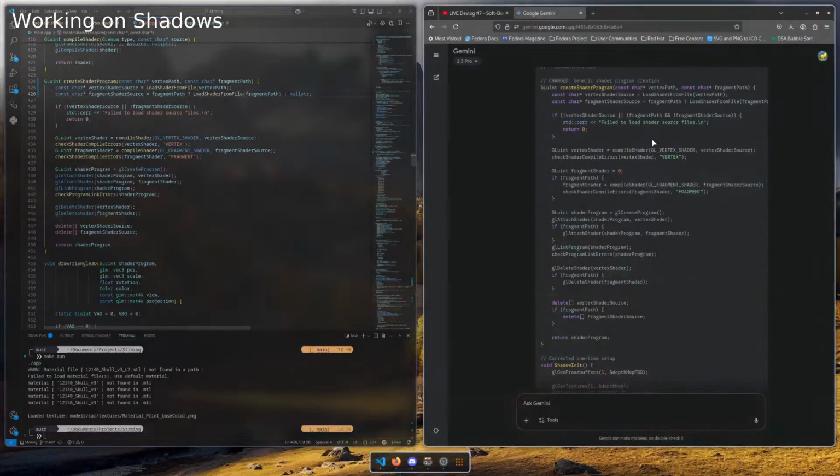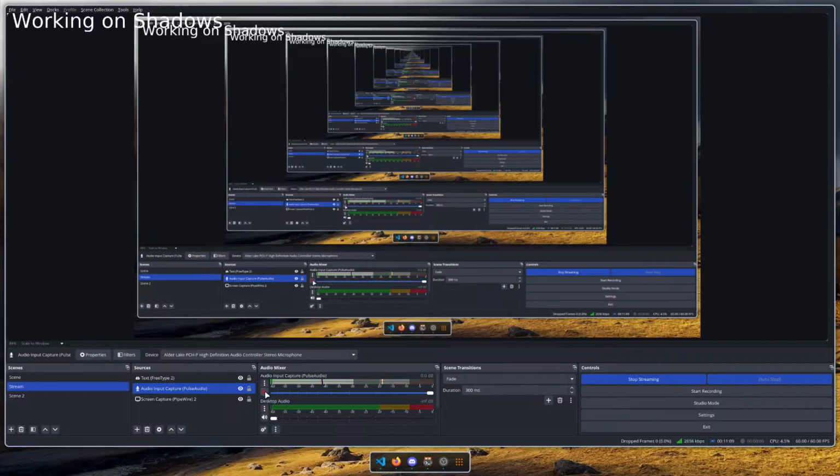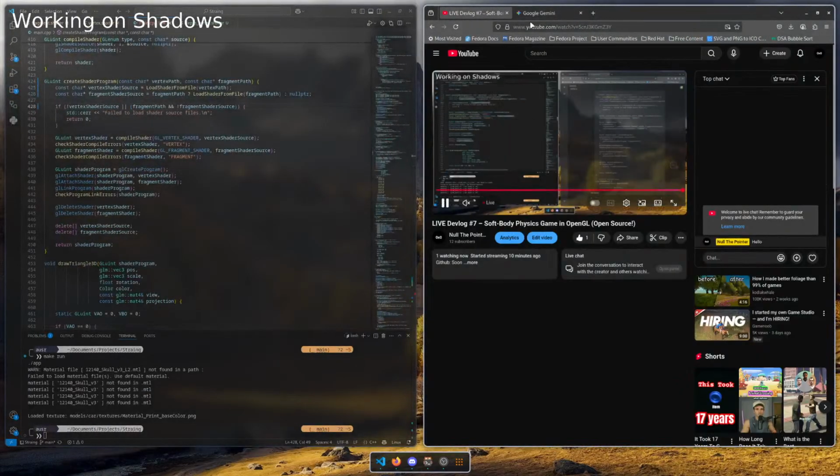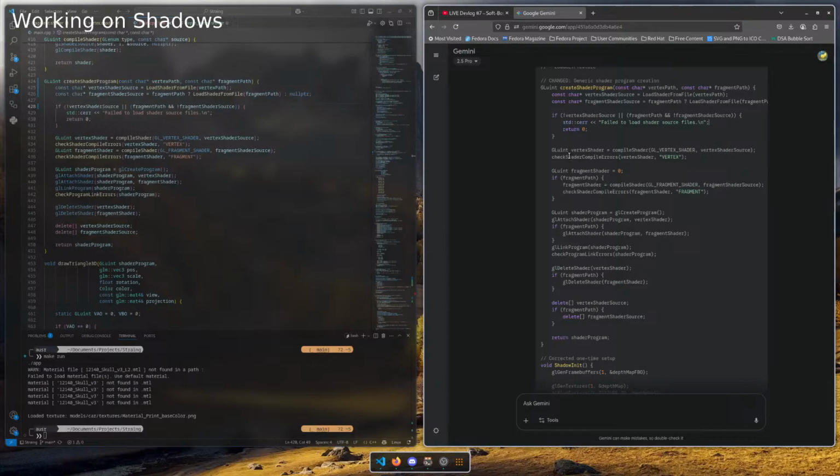So we actually check for the fragment path. Okay, GLuint vertex shader.